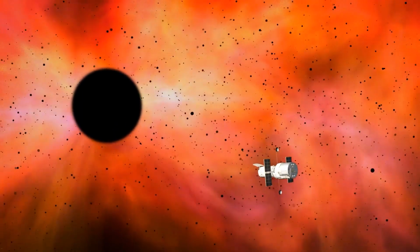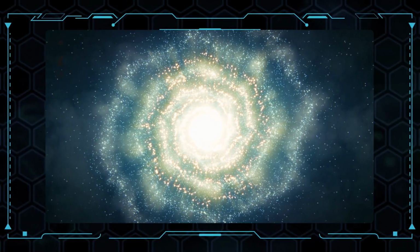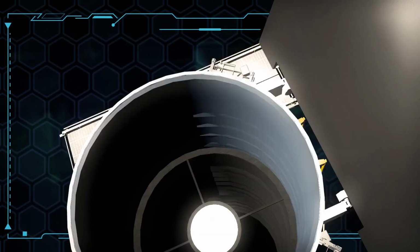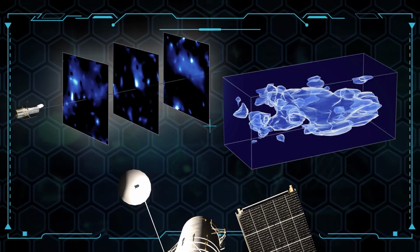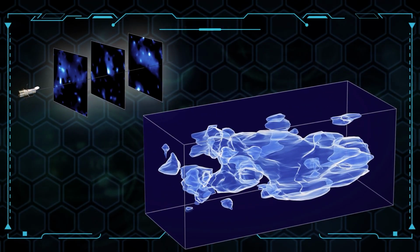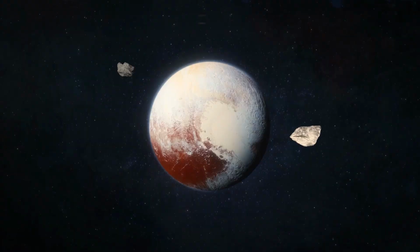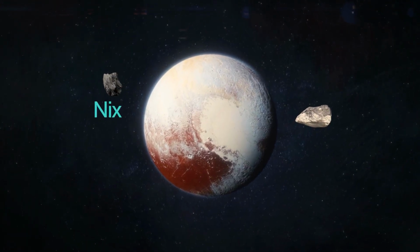Let's look at some other important discoveries we've made with the help of Hubble. Like dark matter, which we can't see but know is there because of its effect on gravity. It makes up about 23% of the universe. By looking at how it affects light, the Hubble telescope helped make 3D maps of where dark matter is. These maps showed that dark matter seems to be getting clumpier over time,